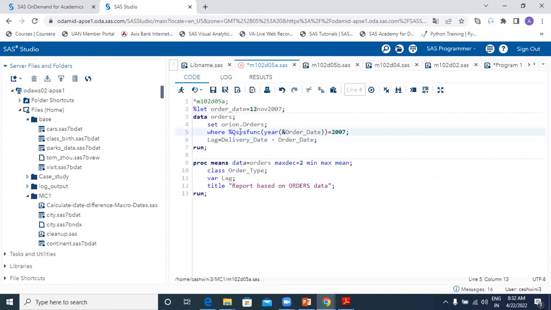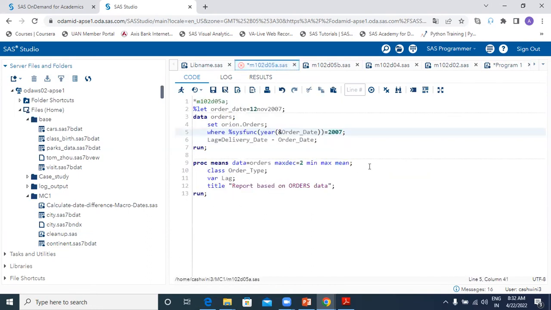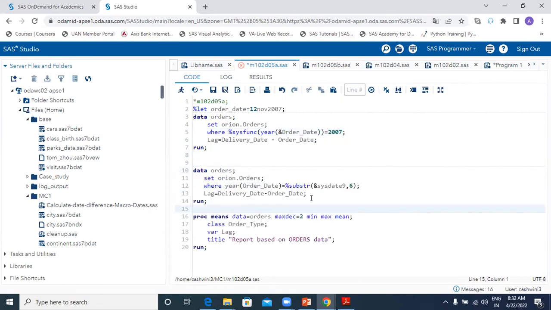I was trying to do this on my macro variable ampersand date. It's okay if it's not working. Is this correct with your parenthesis? Yes, but fine. So in our current example where we were trying to use this, it was not coming out correctly for our recent example. But with the direct use of substr, and here also I can use directly